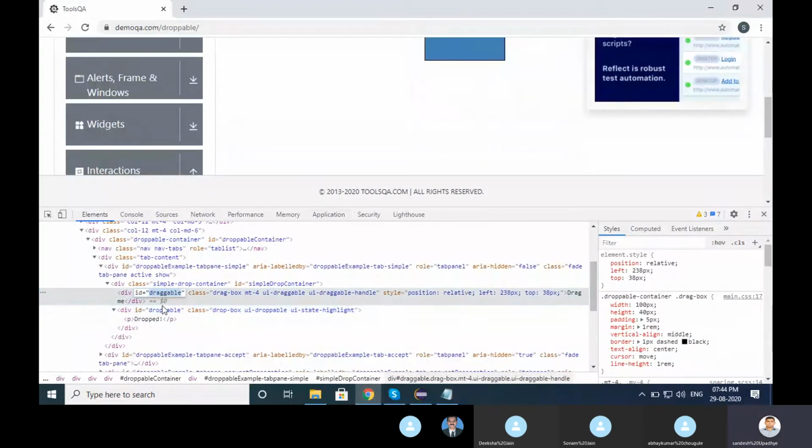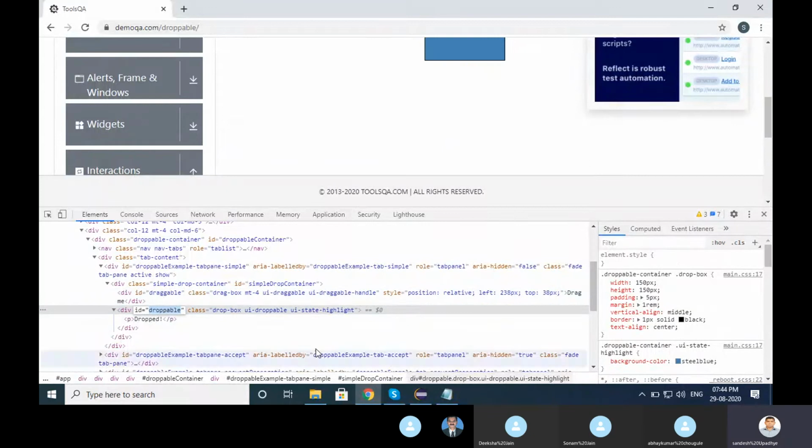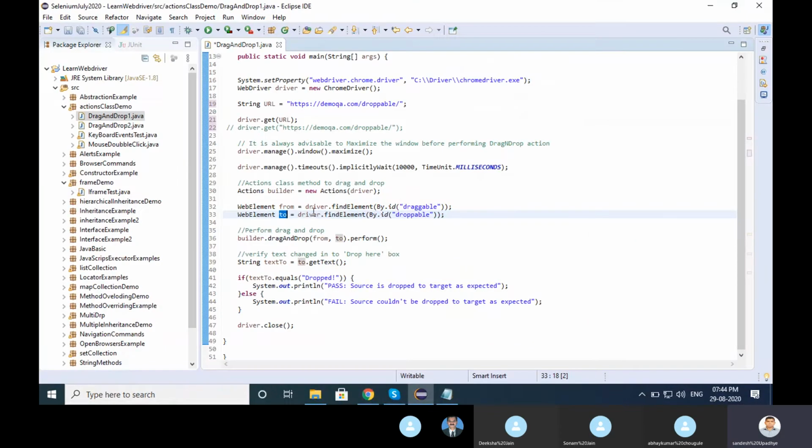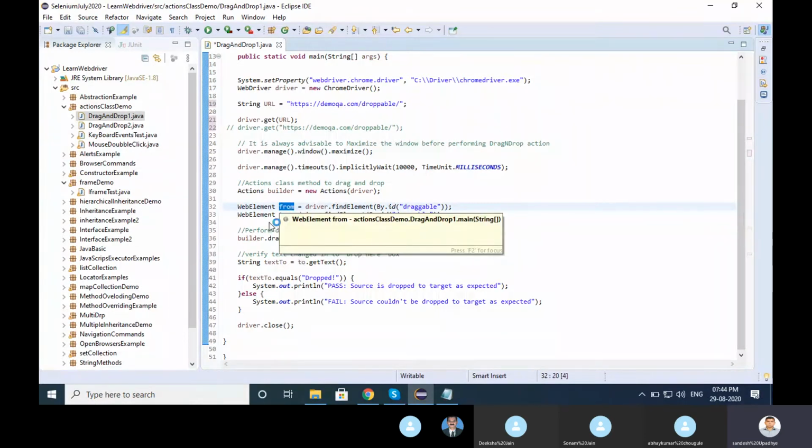So the ID is draggable and the ID is droppable. The same thing I have stored into the WebElements as from and to. From means the draggable and to means droppable, where I want to drop.